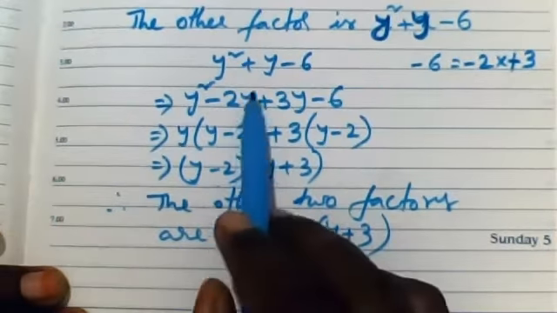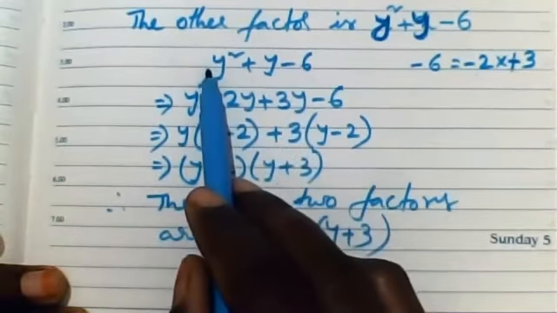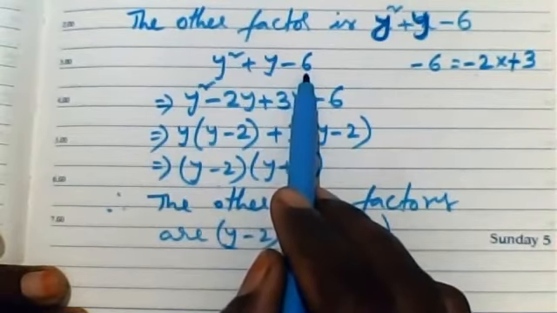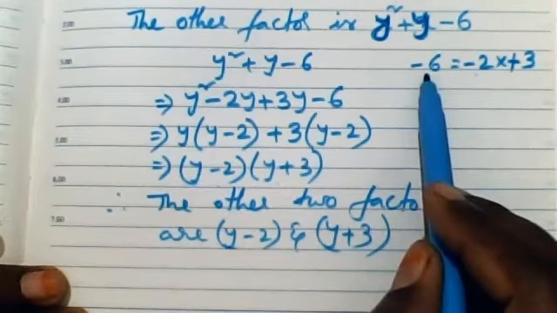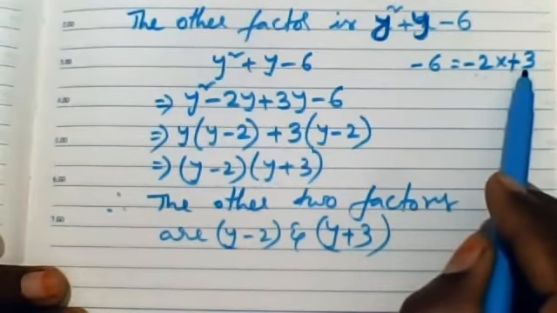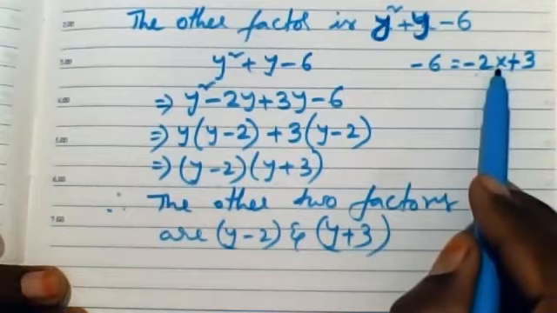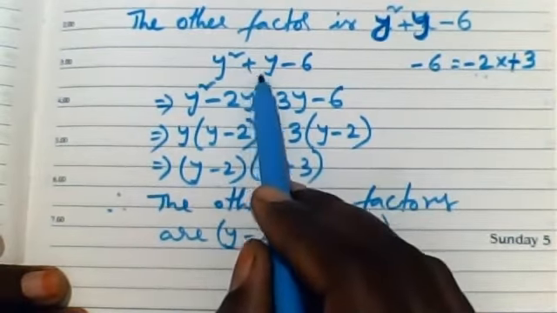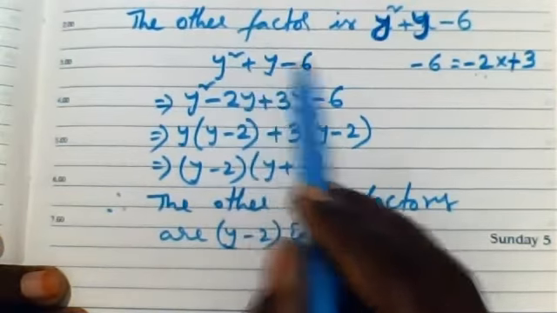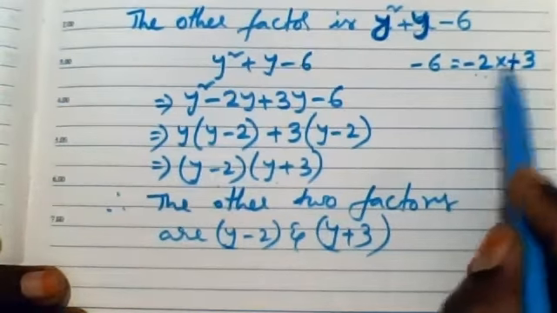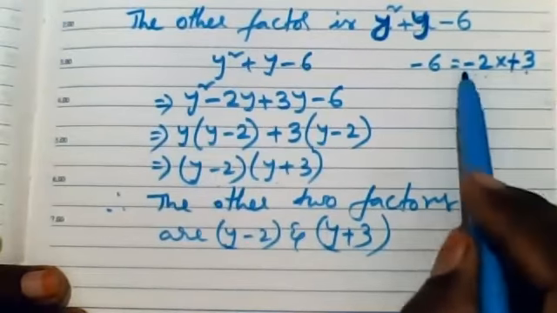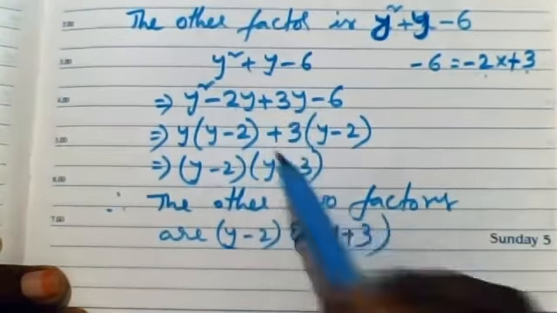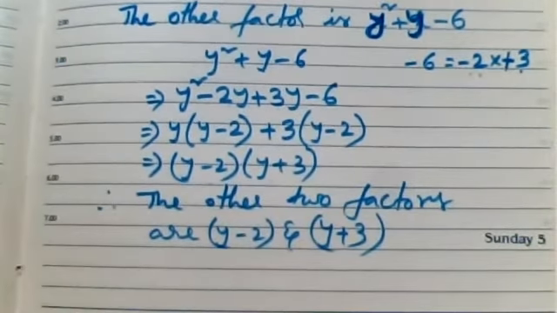Only the thing here you need to put in your mind is that the coefficient of y square is 1 and the constant here is minus 6. 1 into minus 6 is minus 6. So minus 6 ka factors find out karna so that if you simplify these two factors, you need to get this plus y. Okay, means plus 1 you need to get. So where we are getting plus 1, minus 2 plus 3 is my plus 1. So I have substituted in place of plus y, minus 2y and plus 3y and continue the process. Chalo, make a note of